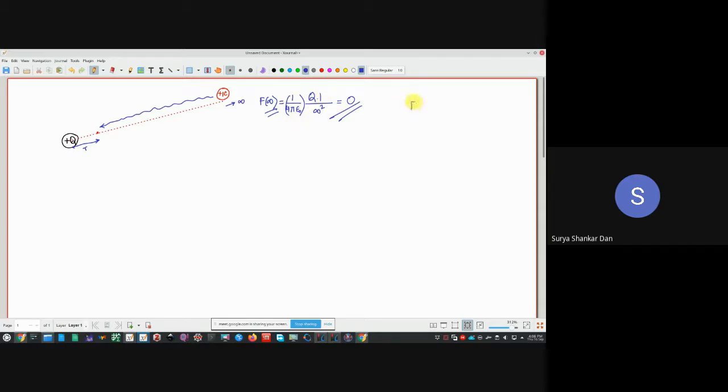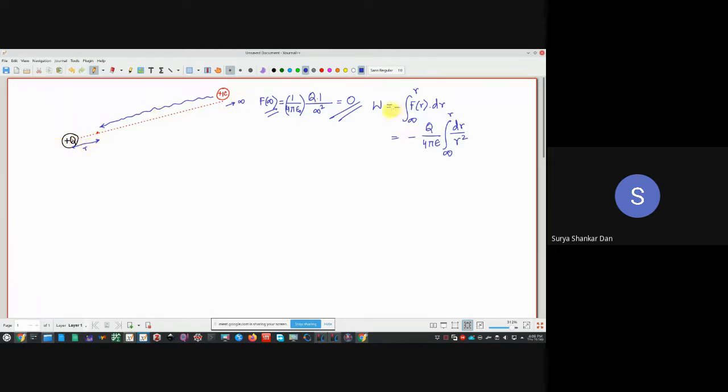Now, if you are doing a work done, so F into dr, you are doing the work done against it. So you are essentially going to do this. This is going to be your work done. So from infinity to that point. So minus 1 upon 4 pi epsilon, I'll generalize into epsilon, not epsilon naught, dr by r square. Okay, infinity to that point. Okay, why is it minus? Because the force is being applied against the direction of the radial direction.